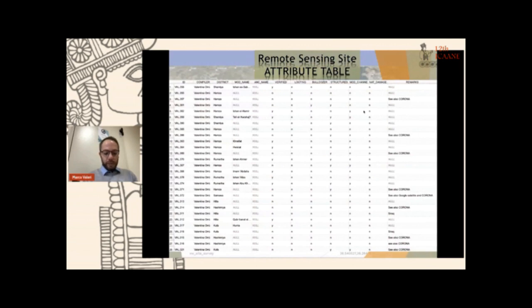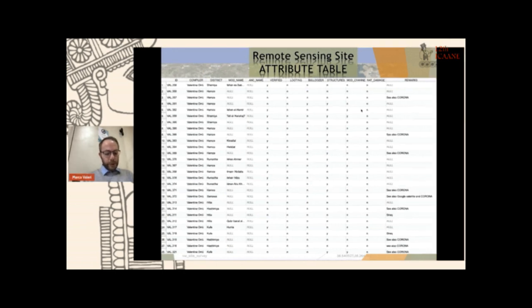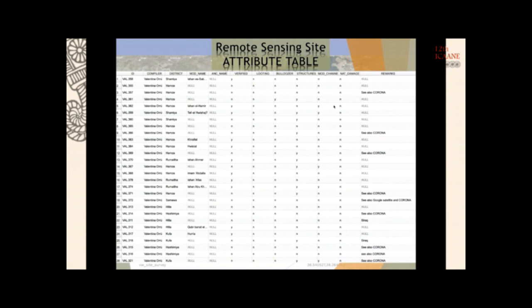Furthermore, for each anomaly identified as an archaeological site, we compiled the attribute table with the info that you can see. So basically, there is the ID, the code for the name, and the compiler. The district, since Iran and Iraq are divided into districts, let's say provinces. The modern name of the site, if known, from Google Maps or some other remote sensing. The ancient name, if known. If it is verified,